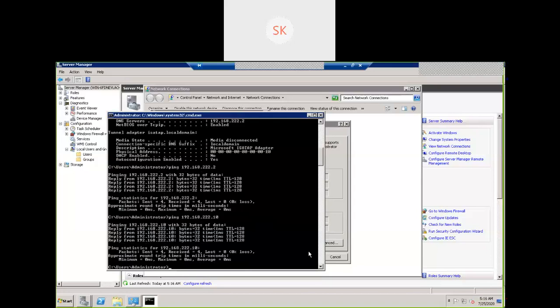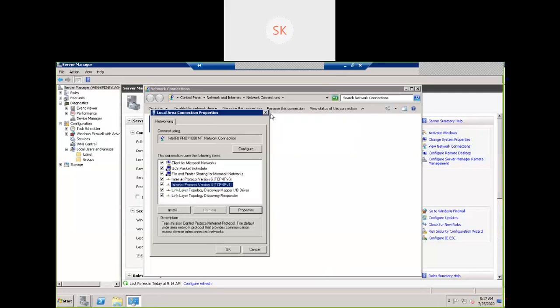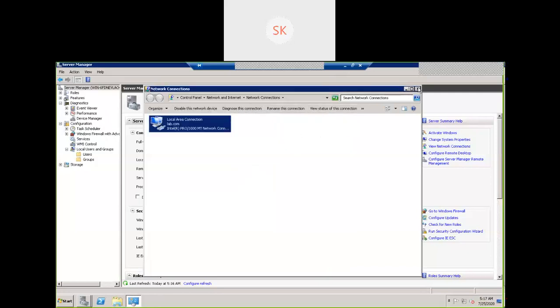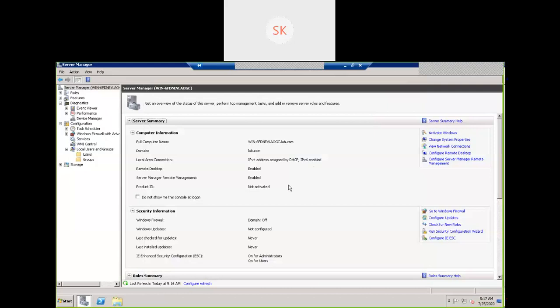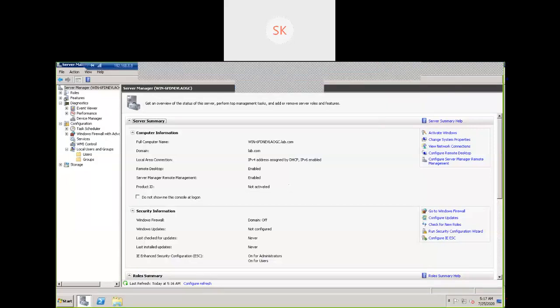The next troubleshooting is logs: how to identify the logs and where to go. For most issues, one is network communication, and the other is that the server is not performing as expected. The server may have an unexpected reboot, or may not be rebooting properly. How to identify that? Logs are available for each operating system. Even on your desktop system, you can check where the logs are available.